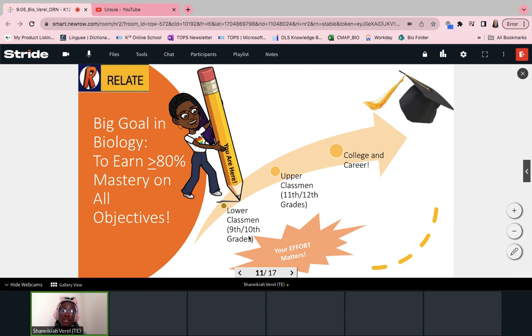You're here right now, most of you, 9th and 10th grade. It looks like the smallest, but it's really important because you can't get to upperclassmen without finishing lowerclassmen, right? So that's why I say your effort matters. I've taught grade 9 through 12. And for some reason, the seniors always think they're the most important. It's true, you're almost out. That effort matters too. But ninth graders are the most important. This is your foundation. This is what everything else builds on. And you guys know that.